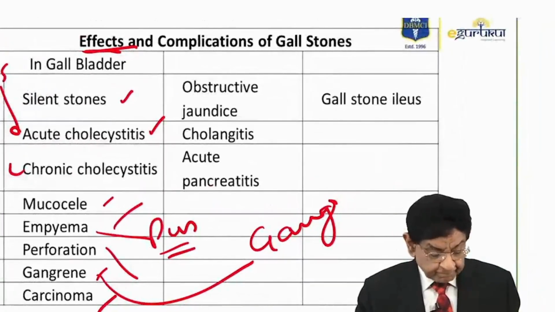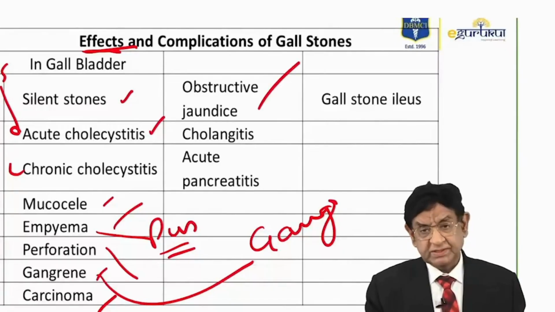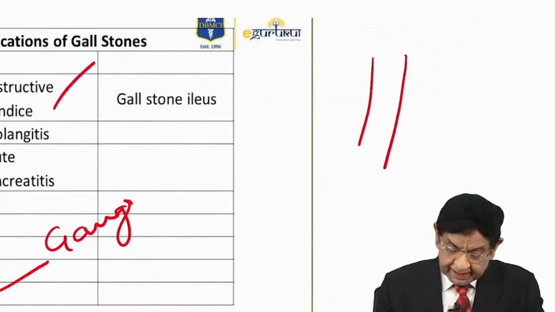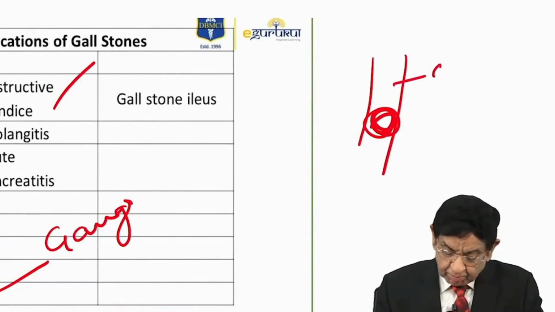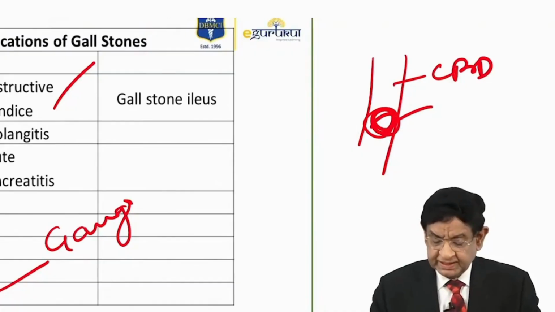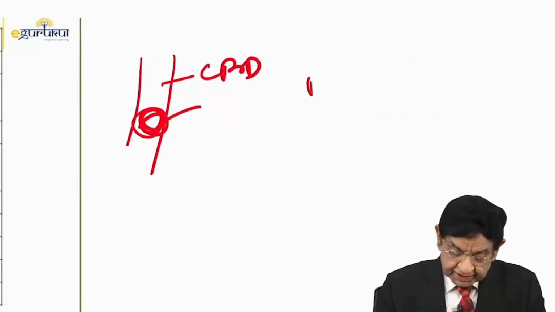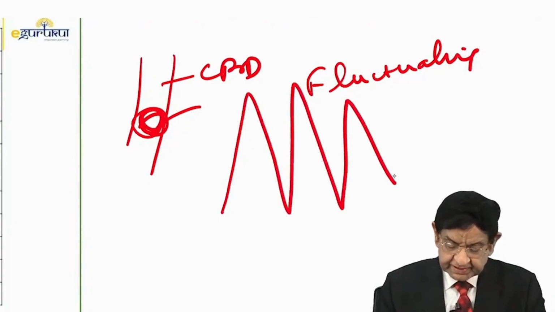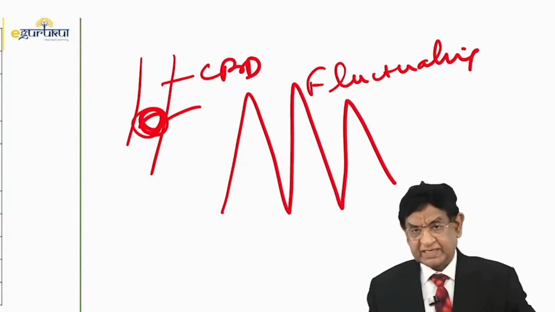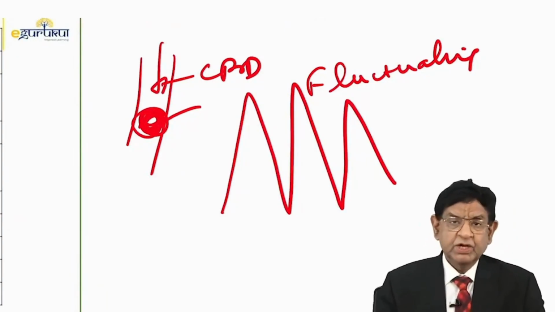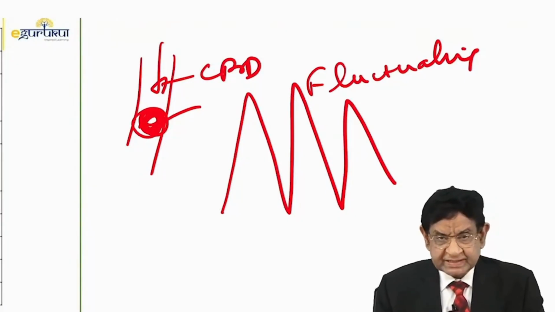What about obstructive jaundice? Definitely the gallstone is blocking the common bile duct. It has blocked the common bile duct, it leads to a type of obstructive jaundice, and you get what? You get fluctuating jaundice. Fluctuating jaundice: the level increases, decreases, increases, decreases, increases. The level of bilirubin will fluctuate. Why? It gets blocked, secretion cannot come down, the whole bile is backlogged, jaundice increases,